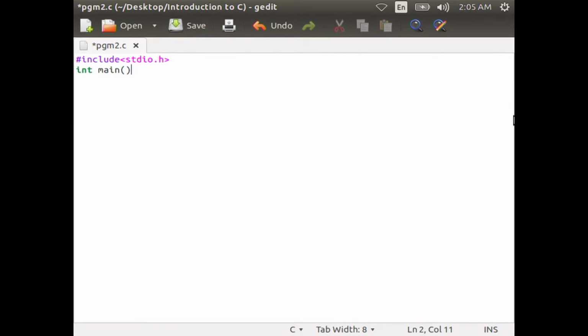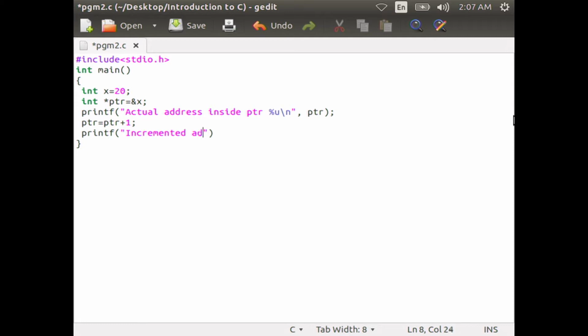<stdio.h> int main within curly braces, type int x = 20, int *ptr = &x, then printf("actual address inside ptr %u", ptr), then ptr = ptr + 1, then printf("incremented ptr address %u", ptr), then ptr = ptr - 1, printf("decremented ptr address %u", ptr), then printf actual value pointed